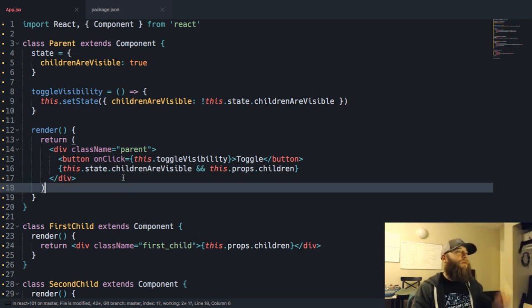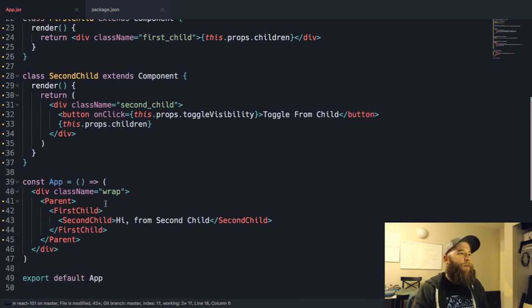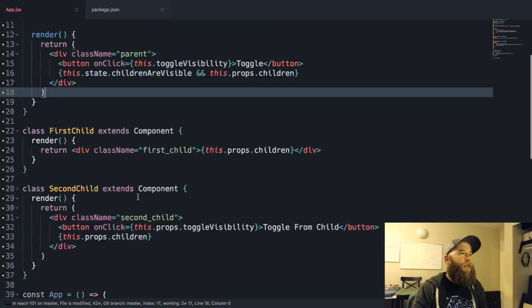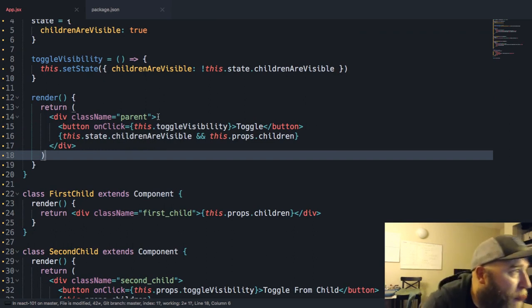Cool. All right. And then what we'll end up seeing is, yeah, got it, cool. I think my structure might be a bit off.